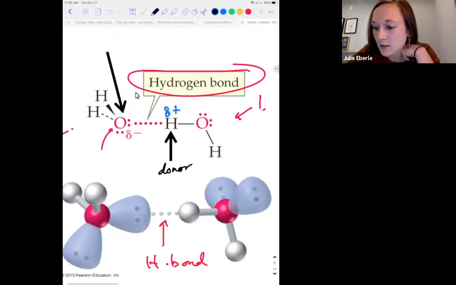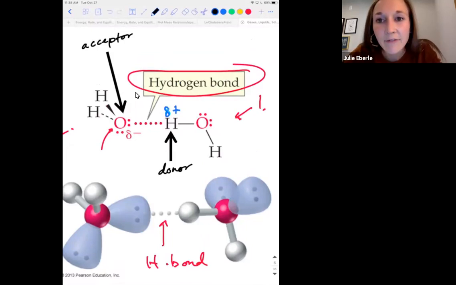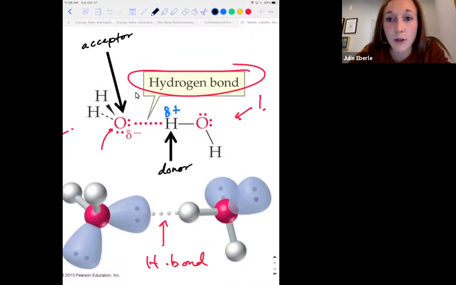And we call this oxygen the acceptor. It's happy to accept more negative charge because it's electronegative and they have high affinity for electrons. So the positively polarized hydrogen is always the donor, and the lone pair on any oxygen, nitrogen, fluorine is always going to be the acceptor. So if I give you 2 molecules and ask you, can they hydrogen bond? I would definitely want you to be able to draw that out, and then label acceptors and donors, okay? Or be able to count how many acceptors or donors.